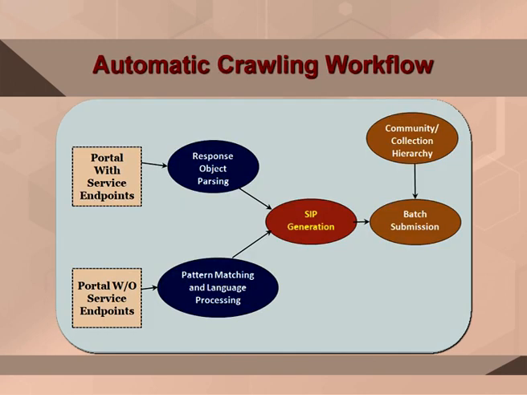If we do automated crawling, crawling is meant to download different information from a website using another program. So, we say that is web crawling. If we do crawling, then it primarily starts with two different types of flow. One is if the site supports service endpoints, or the other is if the portal does not support service endpoints.